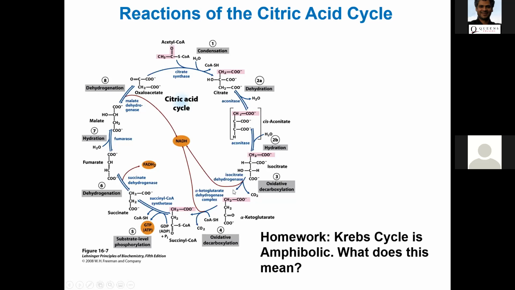And then once you have alpha-ketoglutarate, alpha-ketoglutarate dehydrogenase complex will also decarboxylate one of the carbons. And you will end up generating succinyl coenzyme A, right? So 1, 3, and 4, those are the irreversible reactions of the citric acid cycle. And then once you have succinyl-CoA synthetase, as I said, synthetases means GTP or ATP would be involved. It basically will utilize either GDP or ADP, depending on what isoform of succinyl-CoA synthetase exists.